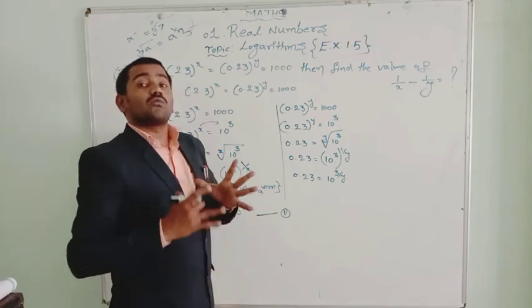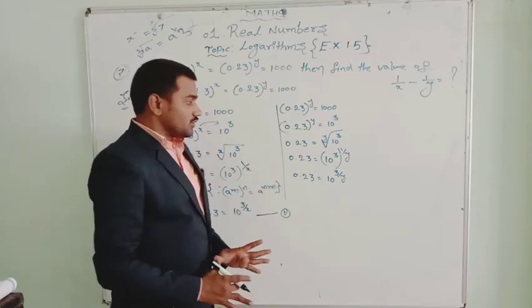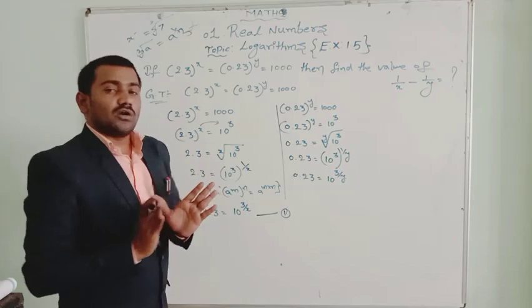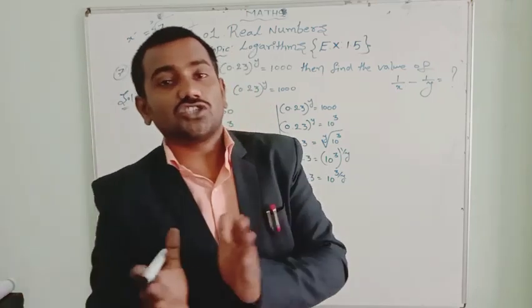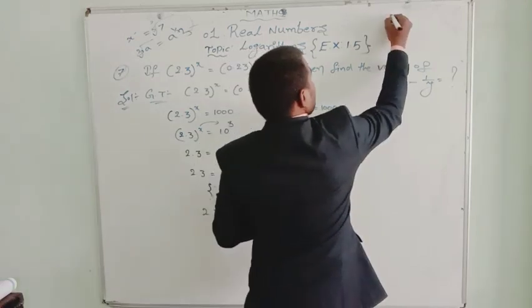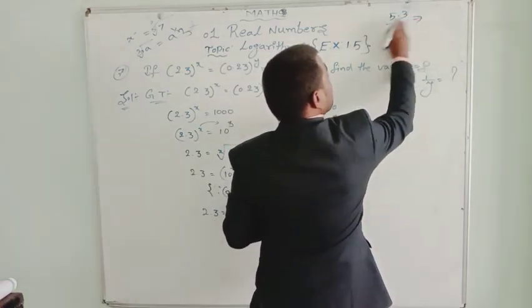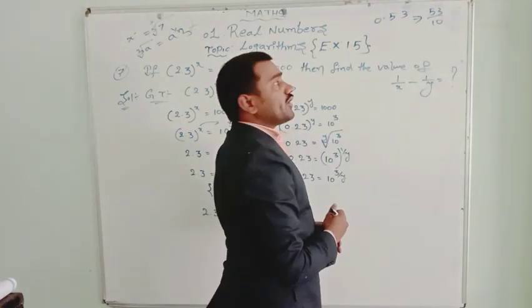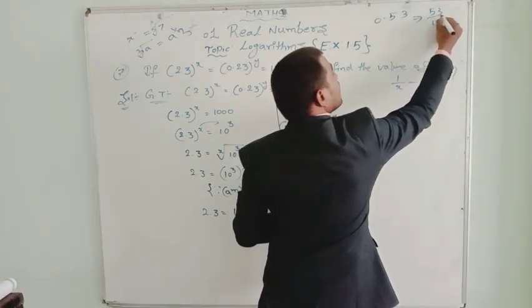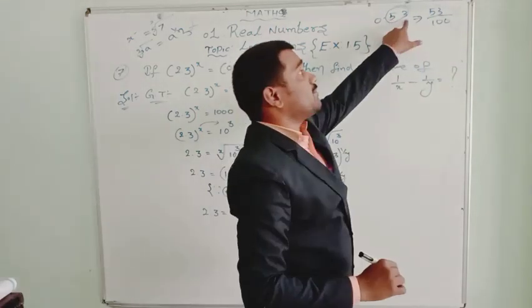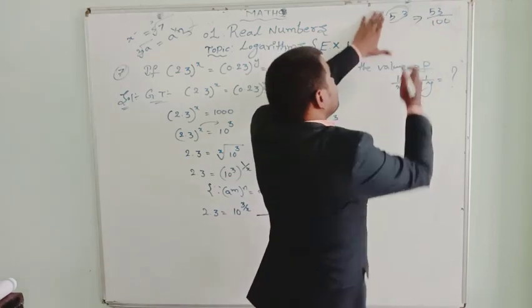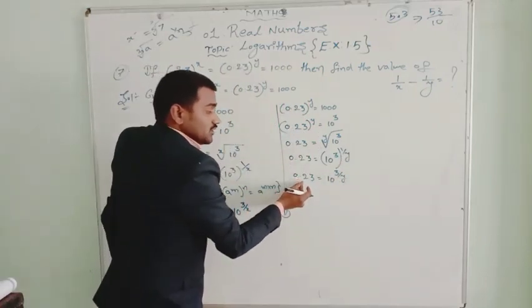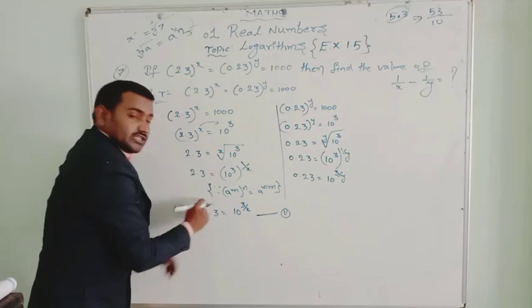From here, how am I going to solve the problem? Just look at it. This is the important part where you get confused, but you need not be confused. As we know how to change decimals into fractions and fractions into decimals, 5.3 can be written as 53 by 10. So 0.53 we write as 53 by 100, because there are two decimal places, so we divide by 100. If there is only one decimal place we divide by 10. But in the case of 0.23, actually I need 2.3.